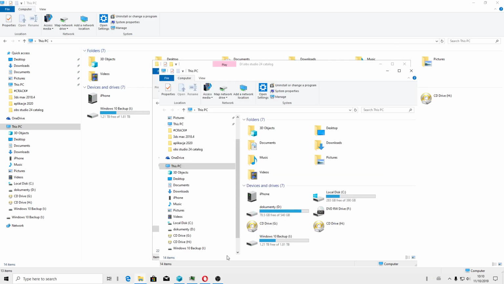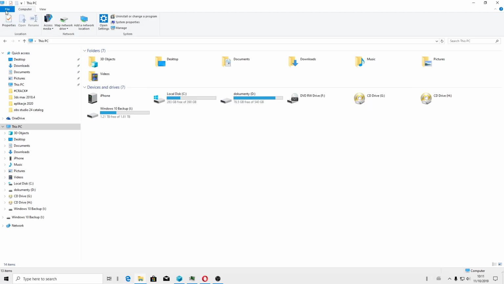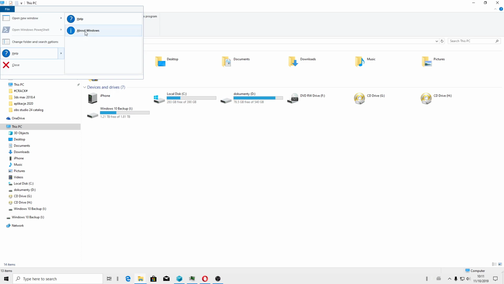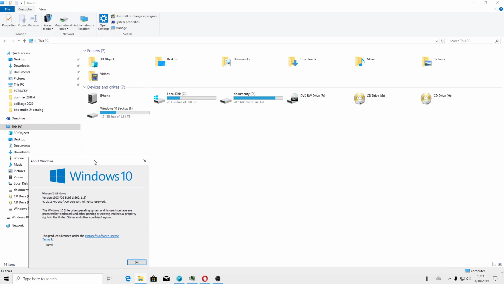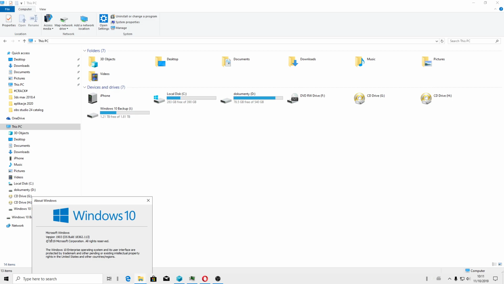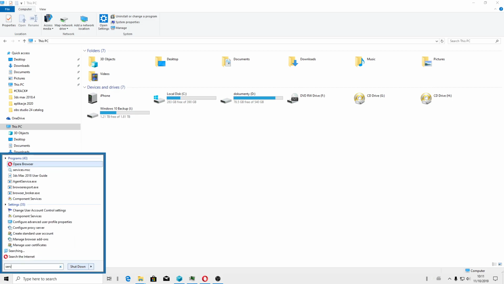Hello friends, I must tell you how to fix Windows 10 high CPU and high usage of hard drive, because this Windows can struggle with this. Okay, in services